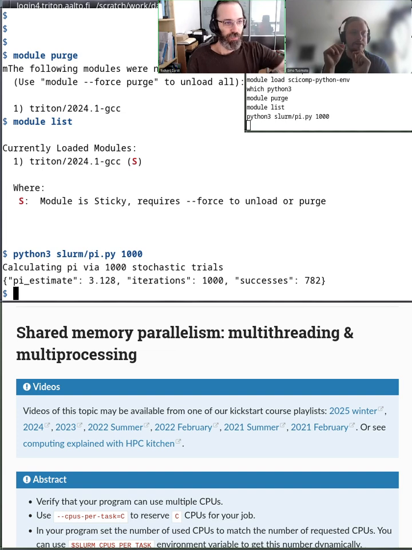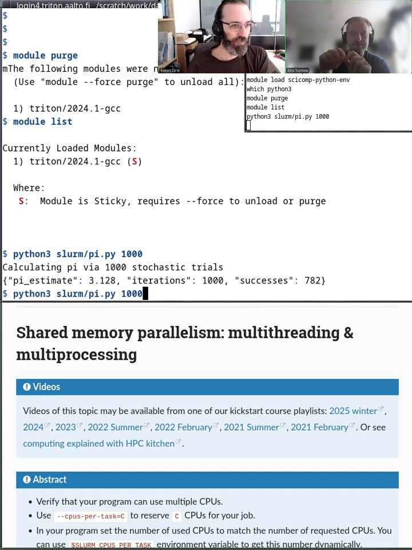So let's try running this in the queue with a bit more requirements. So if you add the normal stuff at the front there, like srun, mem,